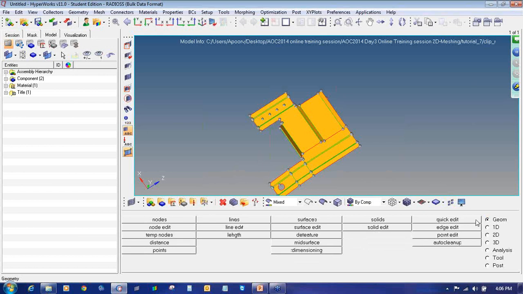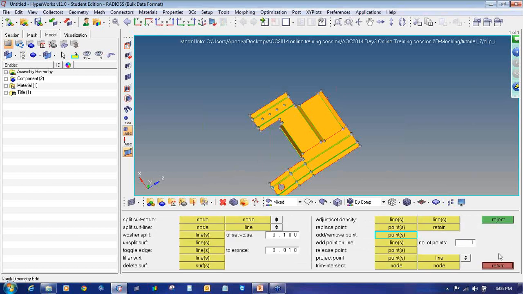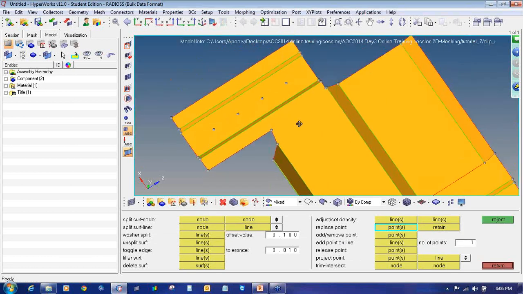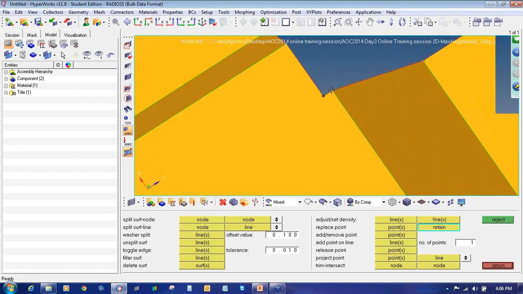I'll go to the geometry quick edit panel, or press F11 from your keyboard. Select the replace point option and replace this point with this. Similarly, replace this point with this.